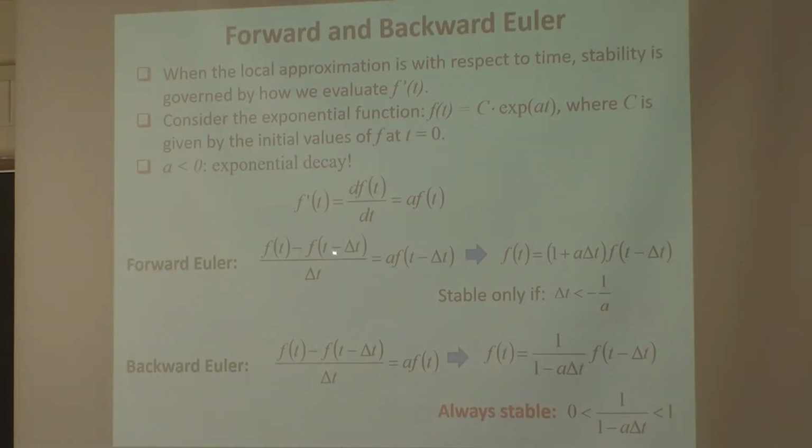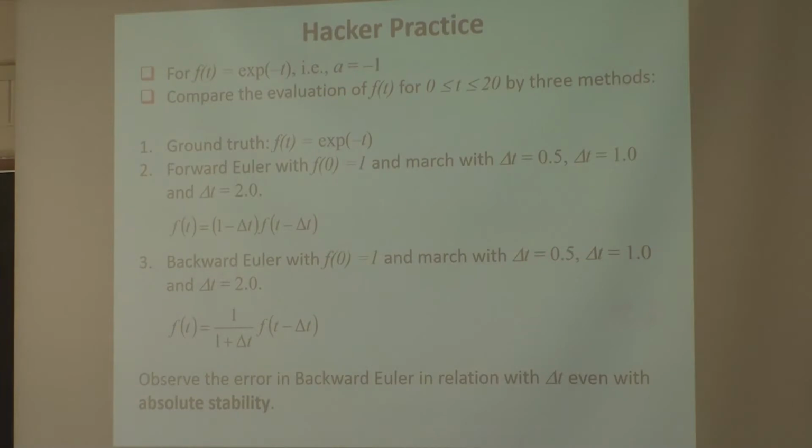But you do the approximation differently. One can lead to unstable results. The other, even though it's A-stable, absolutely stable, there's still an order of the error. So let's see it. Let's write a very simple program to see it. You know that forward Euler is nothing but this, and let's make the time progression by forward Euler and by backward Euler.